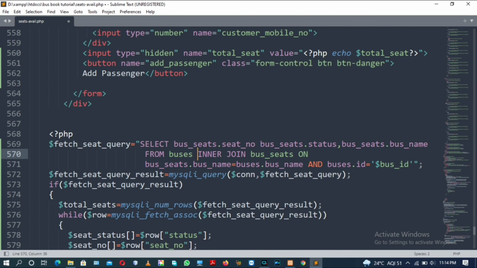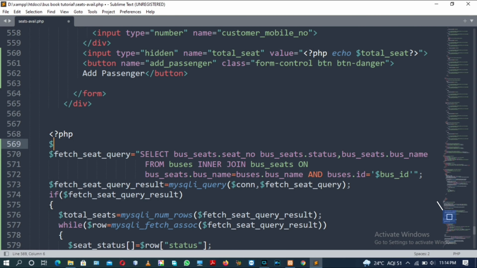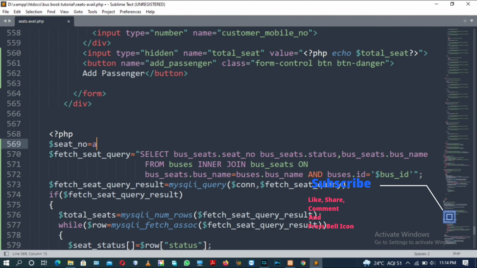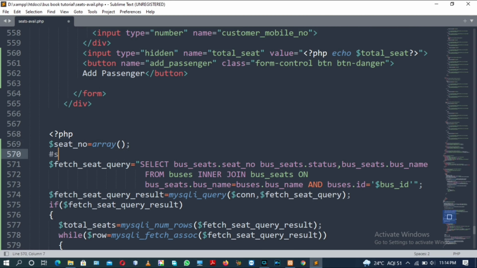Actually we haven't initialized these variables as arrays, so first we need to initialize seat number equal to array and seat status equal to array. That's it. Not colon, that will be semicolon.